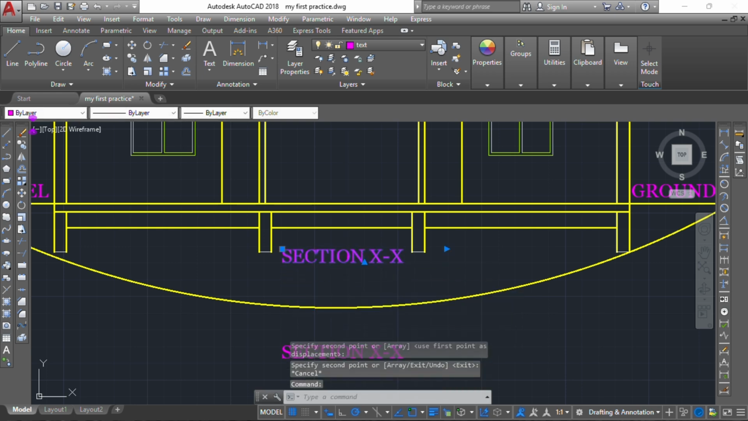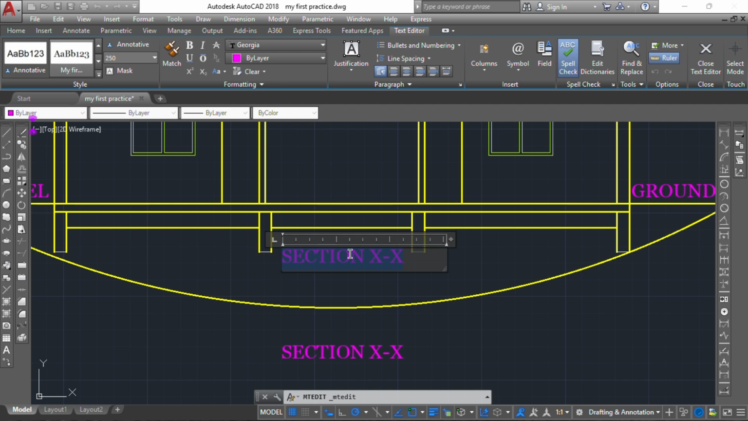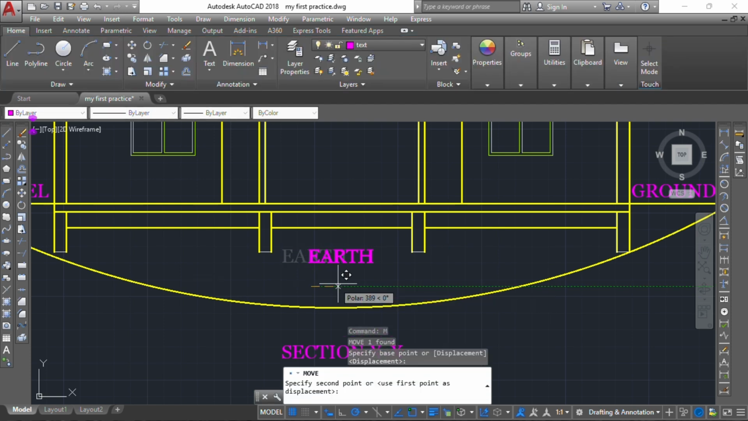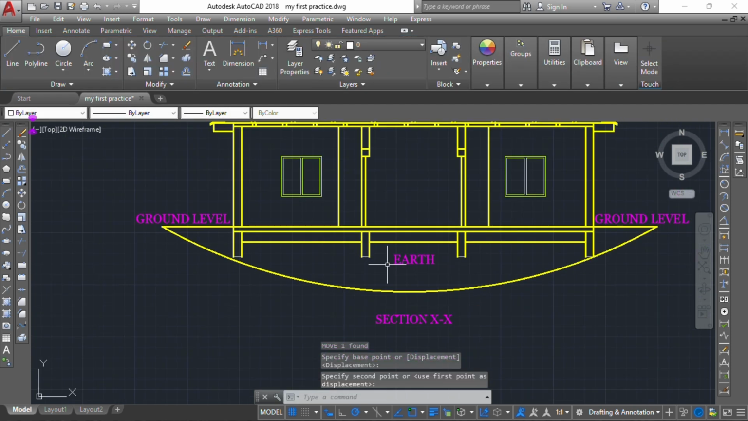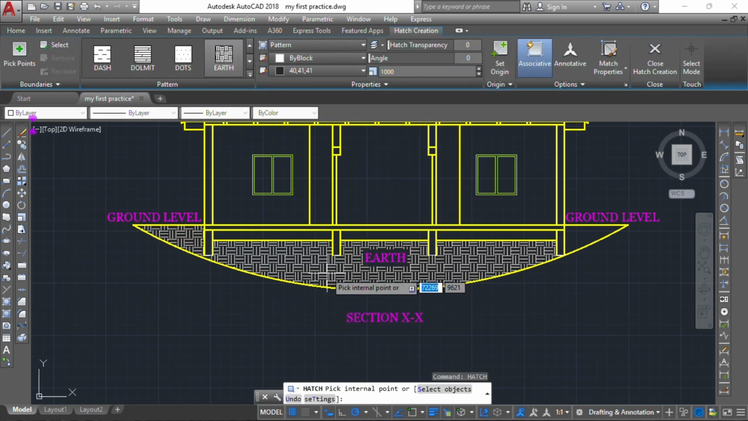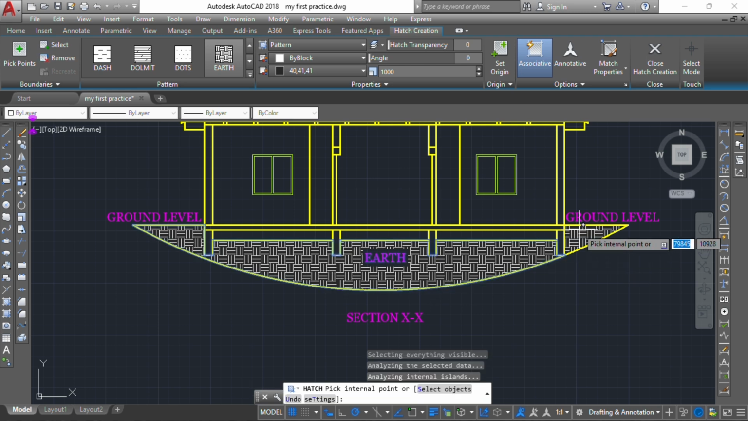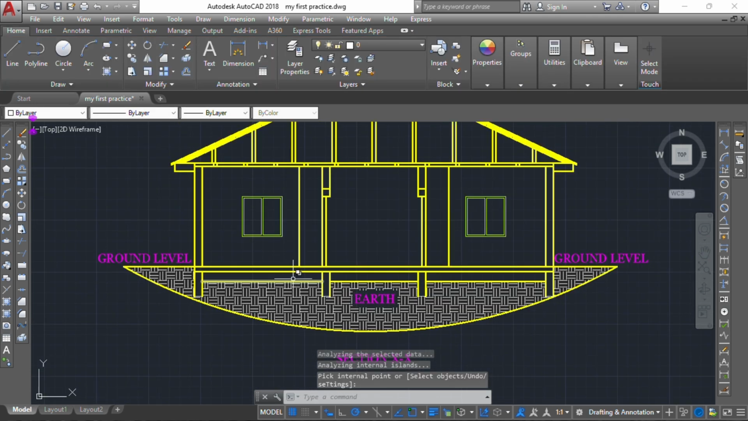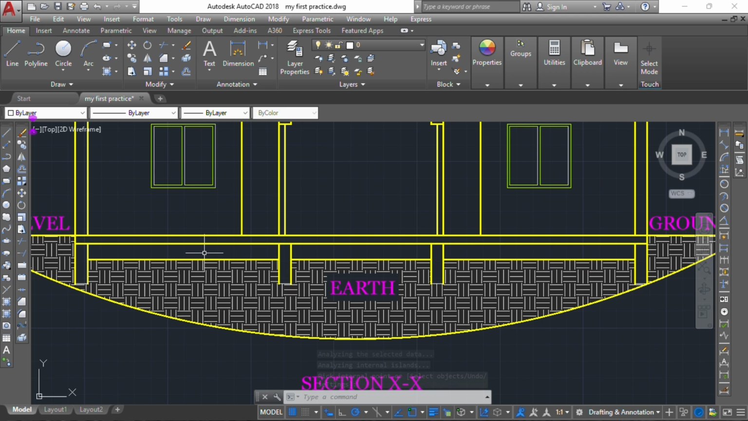Right. And let's name it as our earth. So more or less just a soil area. It is the ground floor in our foundation level. Right. So now let's go ahead and do that. Let's just give it that. So good to go. Now the next thing we need to do is to give our hardcore the required